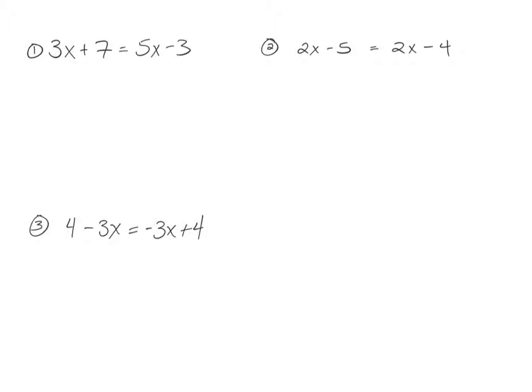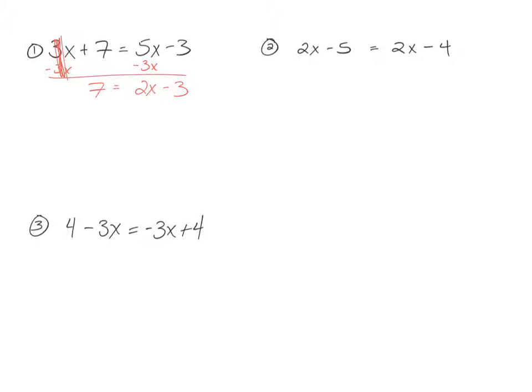All right, for the first three examples here, we have three equations, and they're all relatively simple to solve. So in this first example, we have 3x + 7 = 5x - 3. When you learn to solve linear equations, you generally want to move all of the variable terms to one side of the equation and all of the constants to the other side. So I will do that. I will subtract 3x. That way I end up with a positive number of x's. So these threes over here reduce away. I'll have 2x - 3